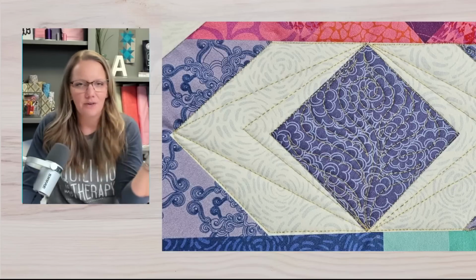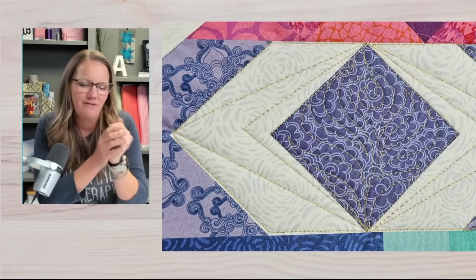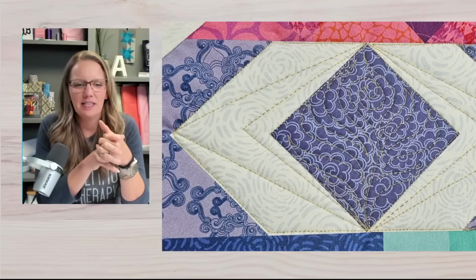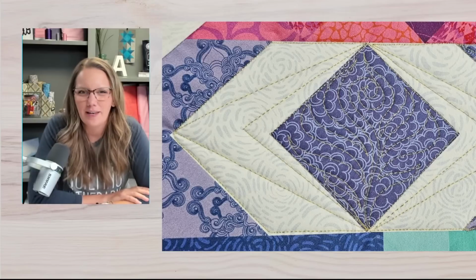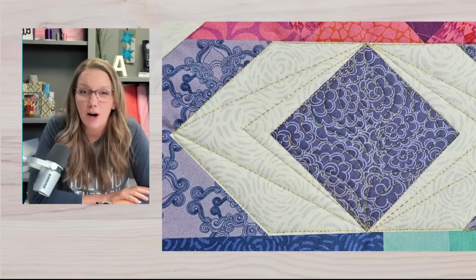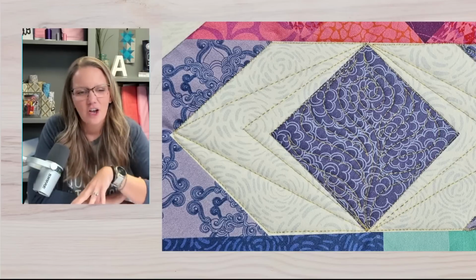When I'm picking out designs, though, for the video series, I quilt a bunch of different ones. I quilt a lot, and I try to figure out what I want to show. But I threw this one in kind of last minute. It's a dot-to-dot design, where I'm going from point to point, but it's so nice and quick and easy. So if you have a chevron block that's smaller, or you just want something geometric, nothing too fussy,